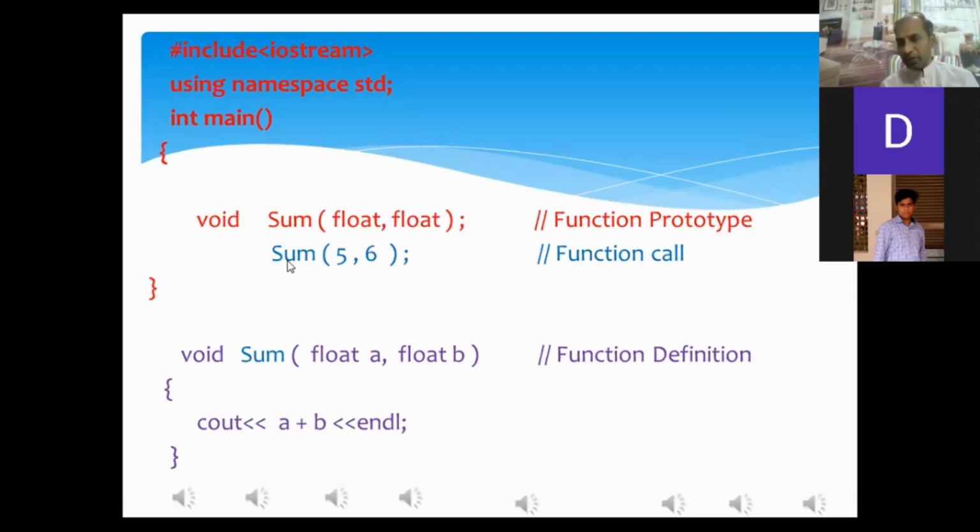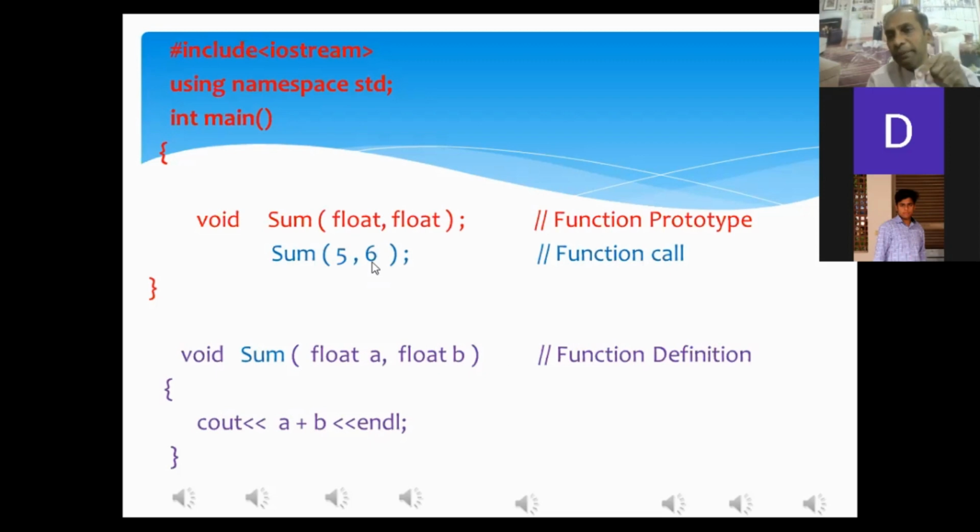These arguments of the function call will be mapped with the first line of the function definition. The first argument, 5, will be mapped with the first variable. 5 will be stored in the variable A.